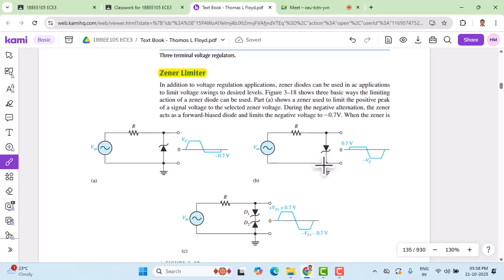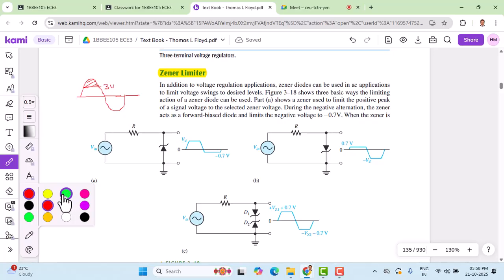Now, the last application of this one is the Zener limiter. Very good application. The Zener diode can be used even in clipping circuits, where we want to remove a certain portion of the input signal. Suppose I have a sinusoidal waveform, something like this, and I want to remove the voltage, say 3 volts and above. If I want to remove this, then I can use a clipper circuit to do that, and the output waveform that can be retained here is